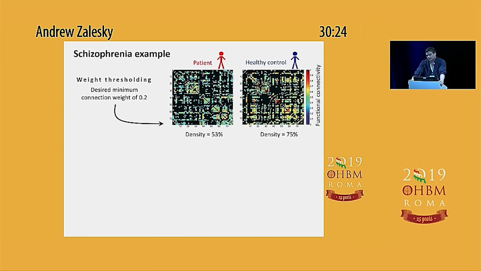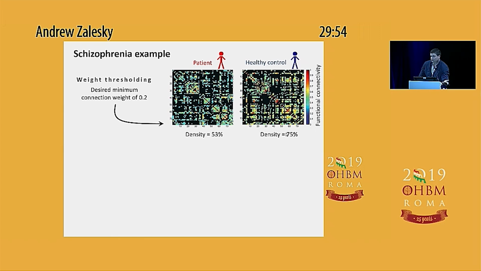So this is an example in schizophrenia. In schizophrenia, individuals with schizophrenia generally have lower functional connectivity than healthy comparison individuals. And so with weight-based thresholding, if we use a weight-based threshold of 0.2, so any connection less than 0.2 is set to 0, whereas the remaining connections above that threshold are kept, we see that the patient has a connection density of 53%. In contrast, the healthy control has a much higher density of 75%,